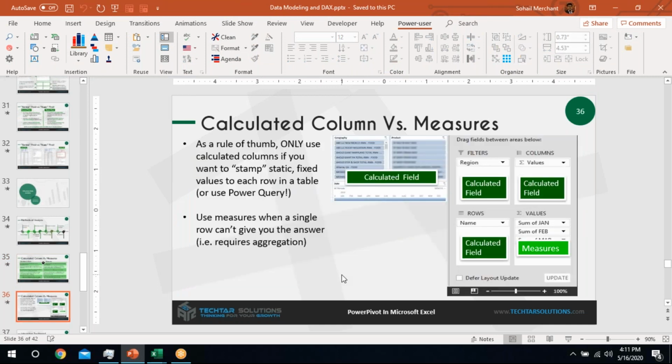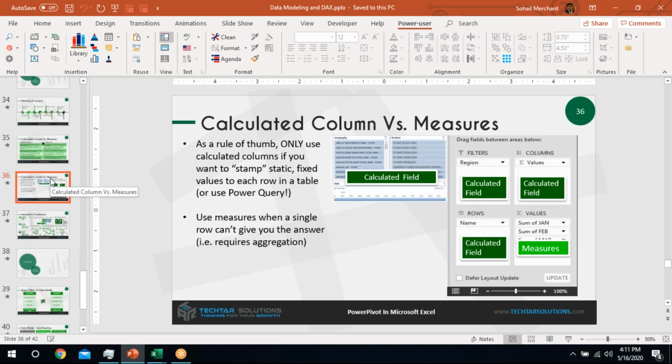right? So if you are using a calculated column and a measure, it is suggested that your calculated fields should be placed on either of this area, either on the filter, either on the column, either on the row, either in the slicer, or either in this timeline, whereas your measure should be in the values, right? So this is a best approach for the calculated column and the measures to analyze in the Power Pivot.